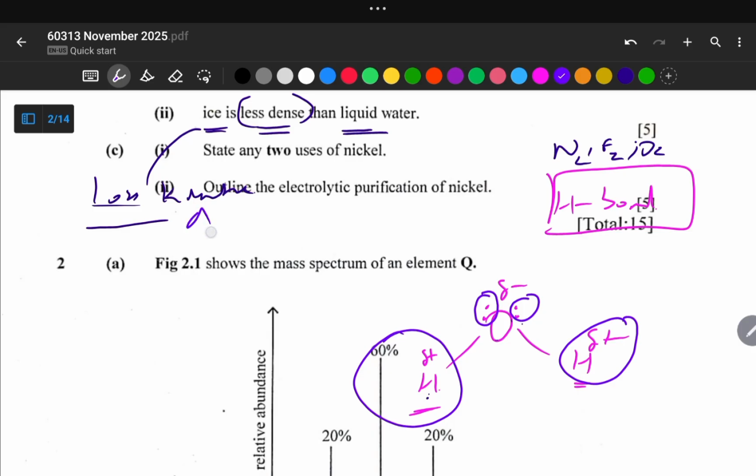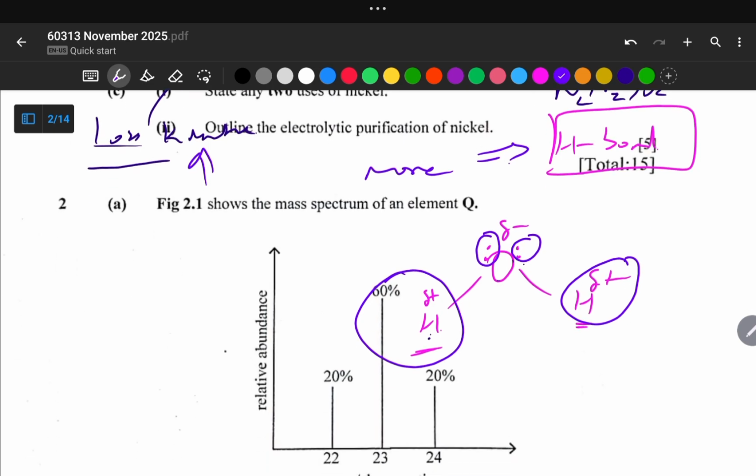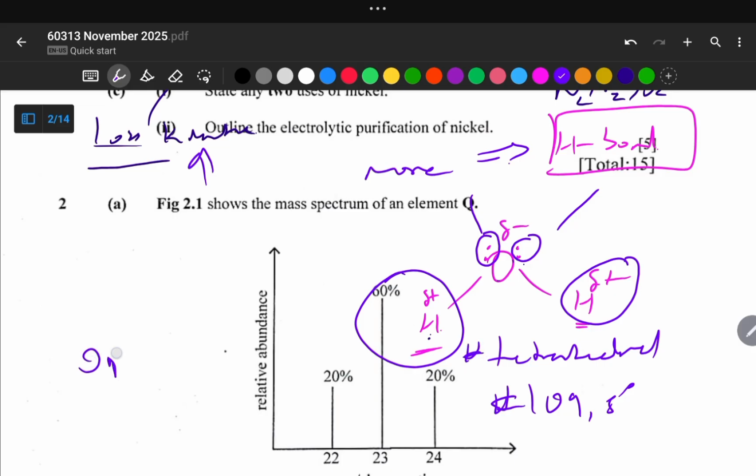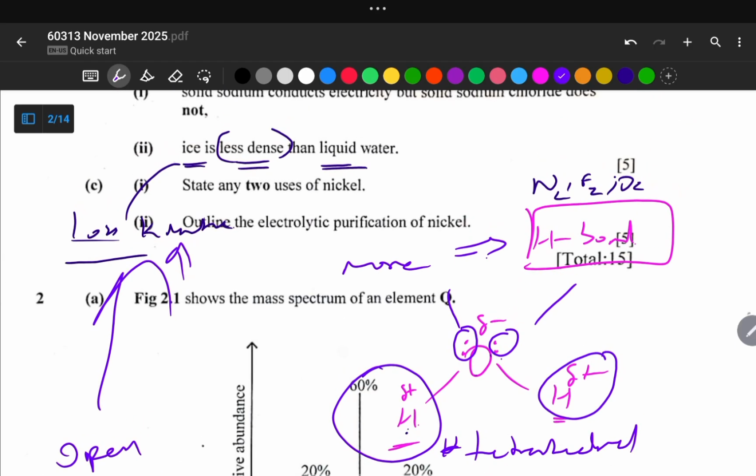So as it cools, it has got the ability of forming more hydrogen bonds, right? So here we are going to have the tetrahedral structure. Water is going to form 4 hydrogen bonds, thereby resulting in the formation of a tetrahedral structure, with a bond angle of 109.5 degrees. This structure is more open, with a larger space between the particles. So this will result in the water molecule being less dense compared to the liquid water, which is